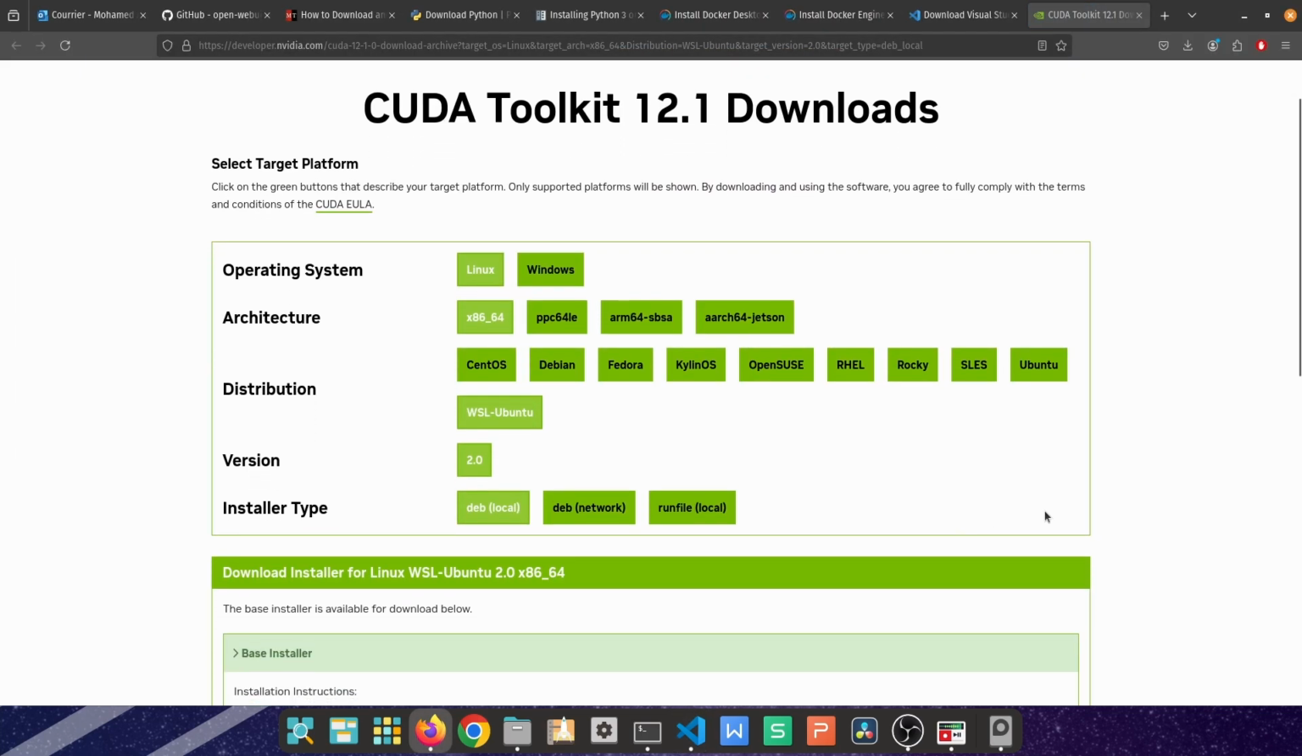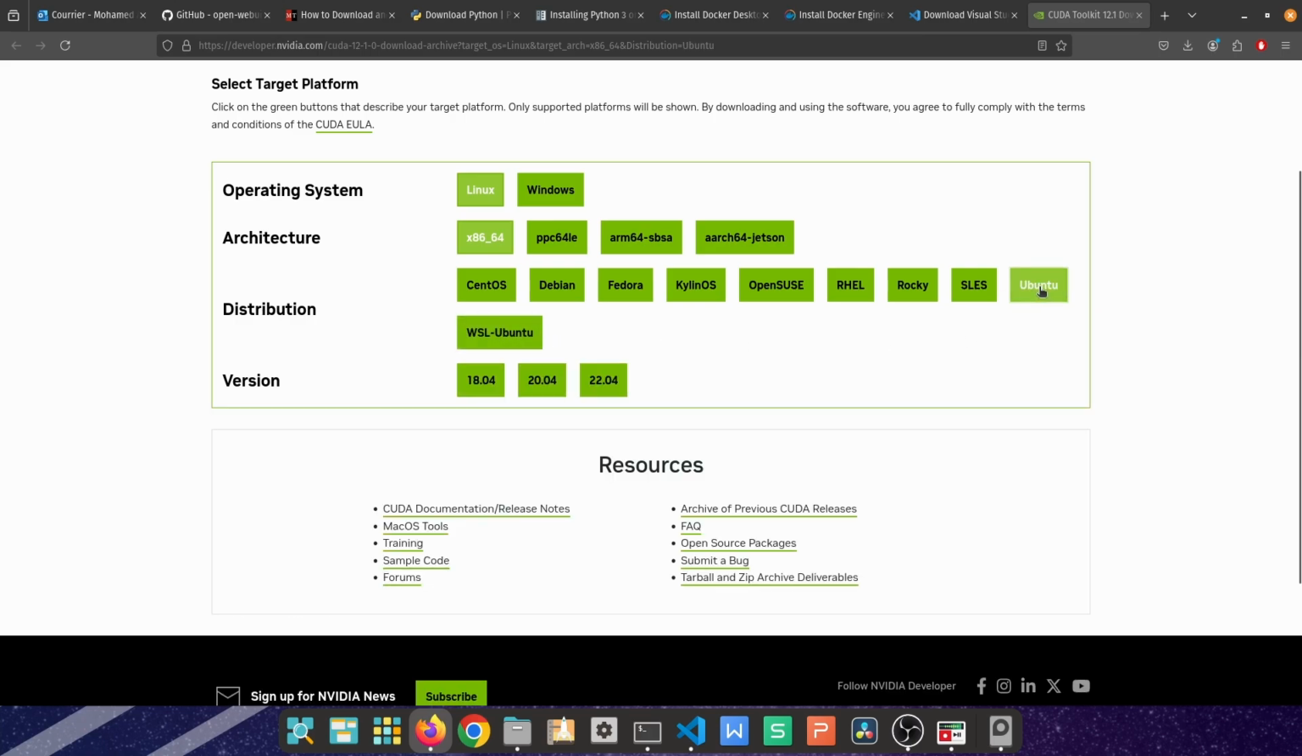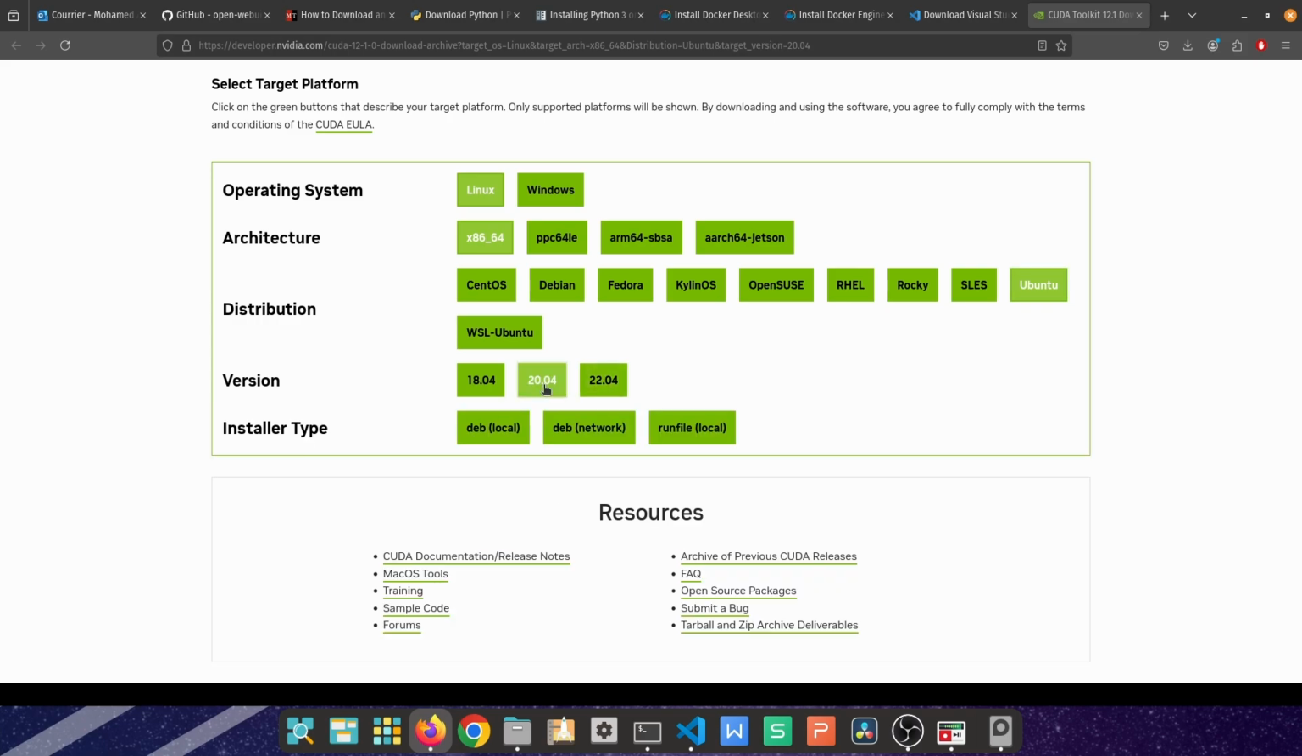Once you open it, it's going to give you a number of choices, which you can download accordingly. In our case, it's a Linux-based system. My architecture is x86. Distribution: if you're using Windows Subsystem for Linux, you're going to be clicking on WSL-Ubuntu. If you're using Ubuntu, you're just going to be clicking on Ubuntu, and then you're going to be choosing your version, whether it's 22.04, 20.04, or 18.04. In my case, it's